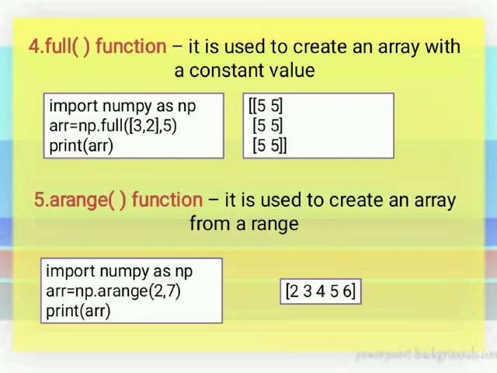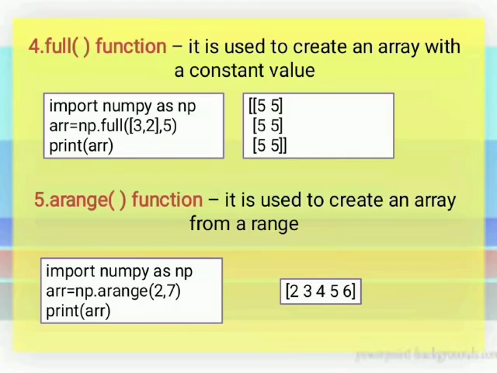The next is arange. Arange means we are giving the range. We are not fixing the value. We don't want zeros. We don't want garbage value. We don't want any fixed value. But each and every element should have a different value. So how do we have to give it? We have to give it using arange. So here in this example, what have we done? We have written